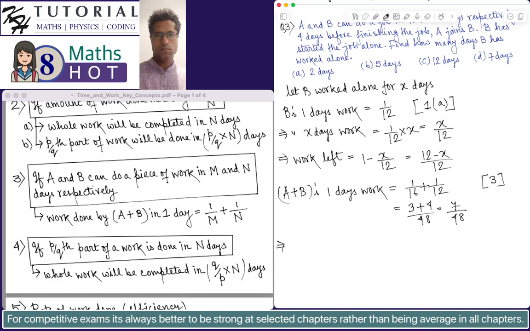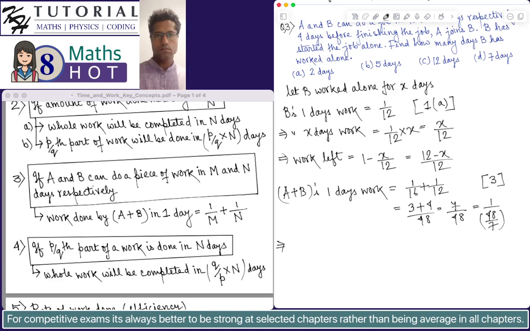Now A plus B's one day's work is equal to 7 by 48. If we express this in the form of 1 by n, this will be 1 by 48 by 7. So this also means that A plus B together can complete the job in 48 by 7 days. Now, what will be the time taken by A plus B to complete a work of